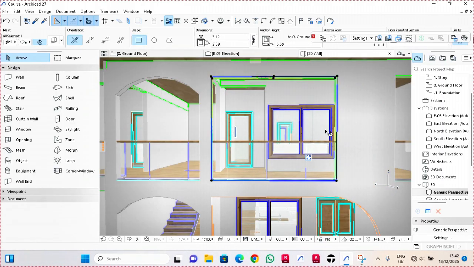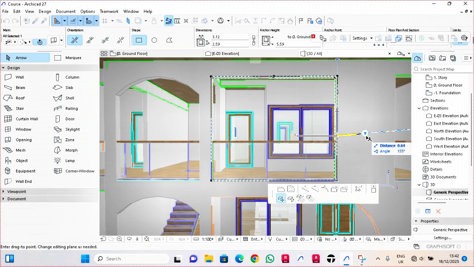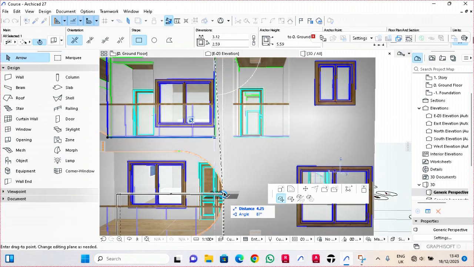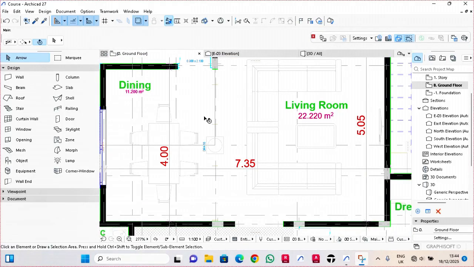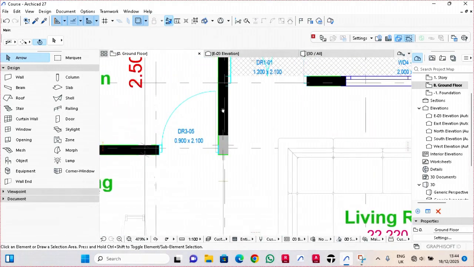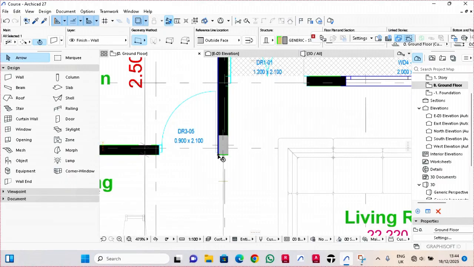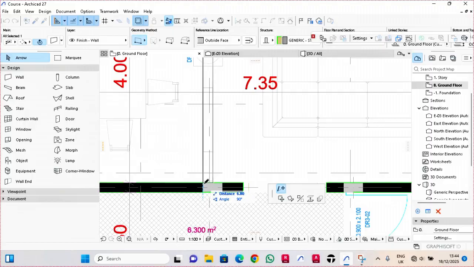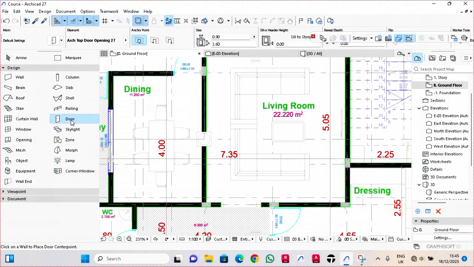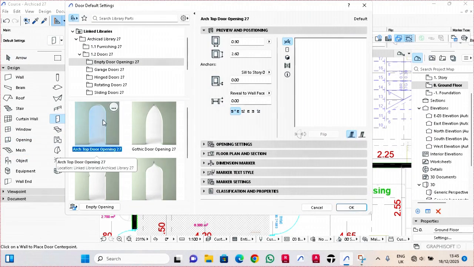Select this other edge, which is rectangular, drag it to this end point this way. Trace from beneath, and you'll be somewhere here. To place an arch this way, select this wall and extend it right up to this point. So I'm going to click on doors, select this arch, make sure the arch height is up to 2.6, click